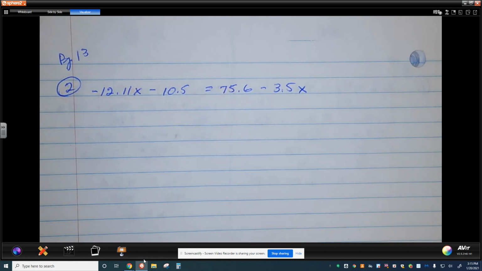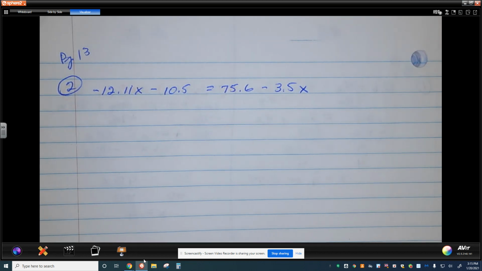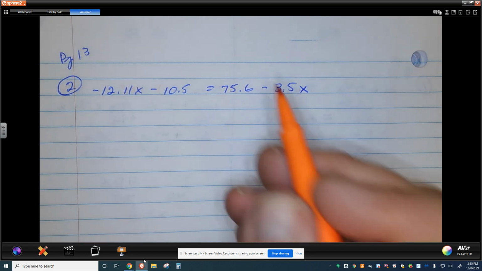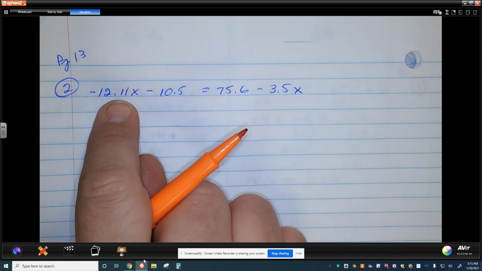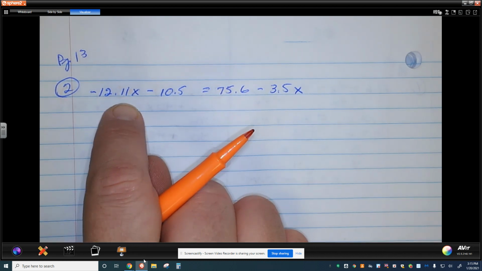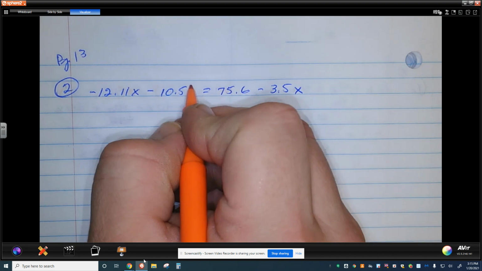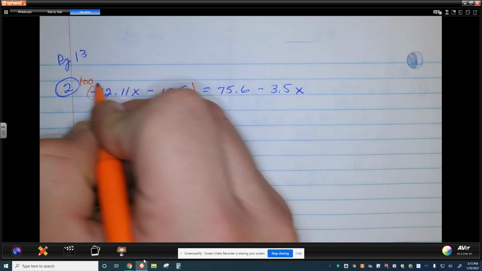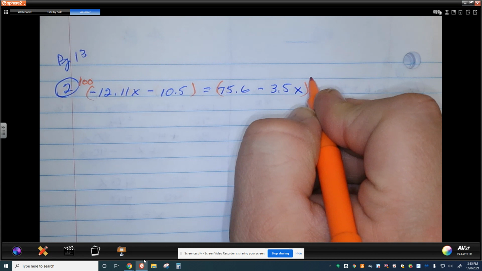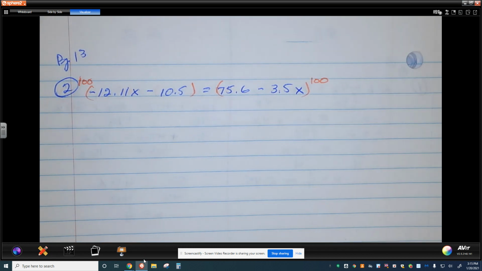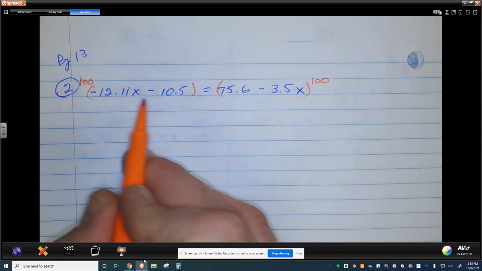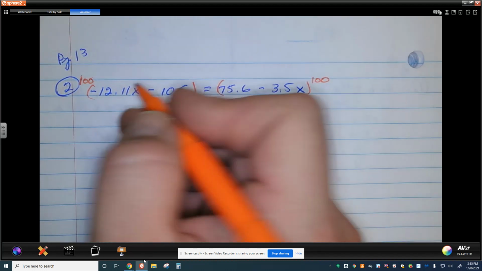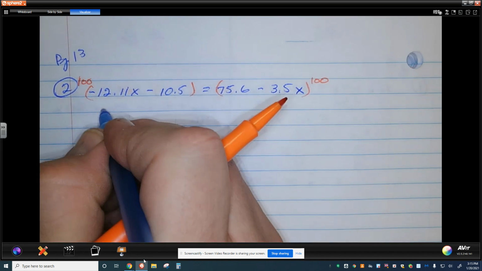I would like to expand on the piece about what happens when I have decimals and what I can do with those decimals. In the previous problem, we saw that all of the decimals were out to the 10th place, but this one comes out to a decimal into the 100th place. So I'm actually going to do something that might seem a little bit scary. I'm going to multiply the entire equation times 100 because I have 2 place values here. If I just multiply by 1 power of 10, it wouldn't quite make this decimal go away. But by doing this, what I end up with times 100, I end up with